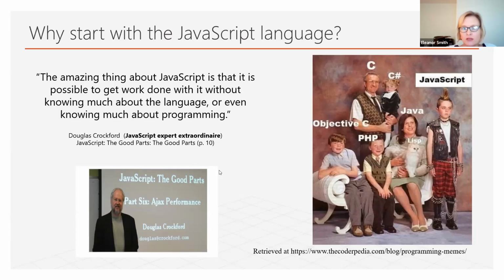see JavaScript being depicted as the rebel child. And I think this meme is speaking to the fact that JavaScript doesn't enforce some of the rules that other languages such as C and Java do. And one distinguishing characteristic of JavaScript is that when you declare a variable, you don't have to explicitly declare its data type. And so that lends itself to maybe more flexible and creative uses of coding.